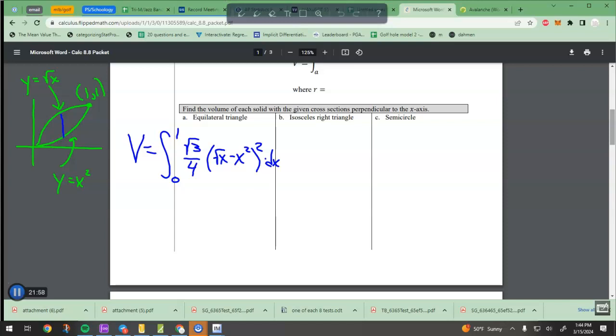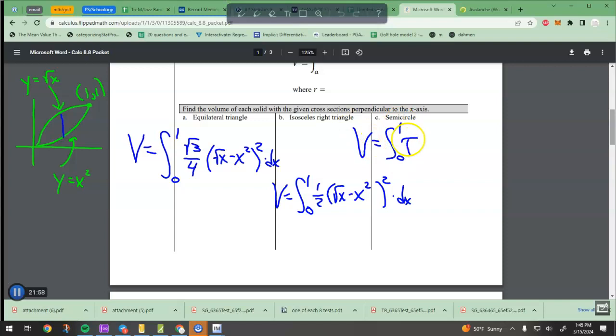So b, they're super similar. They're still going to be from 0 to 1. But now your formula is 1/2 times the side squared. It's 1/2 base times height, which is 1/2 base times base. So 1/2 base squared. And the base is just top minus bottom, the same distance that went in the other formula. And then semicircle,